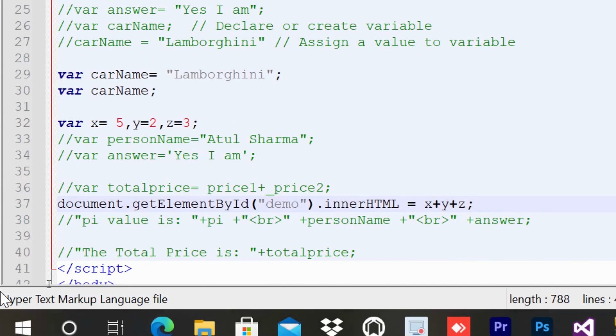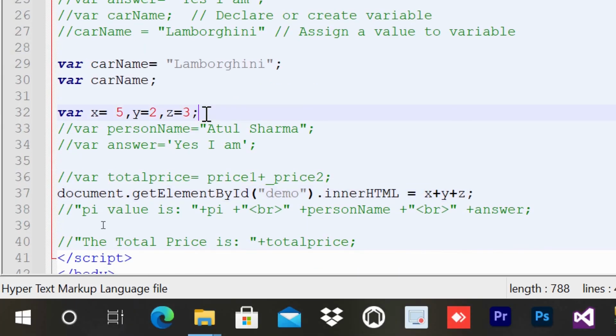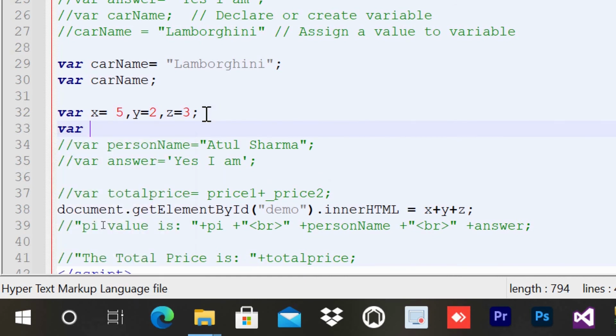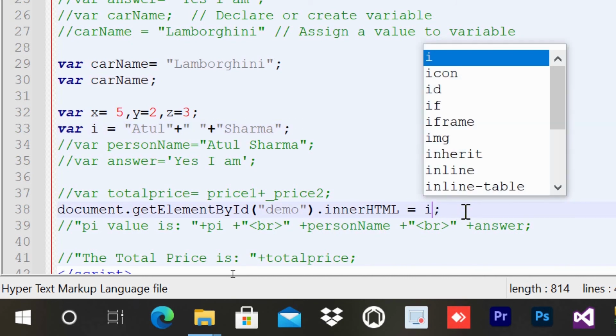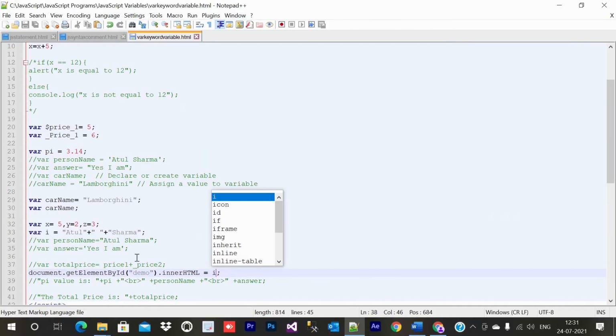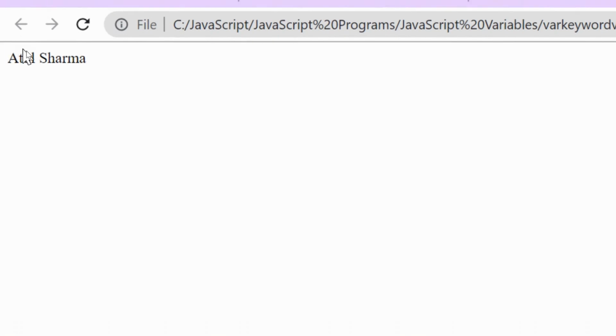If I write var i equal to Atul plus, and here an empty space between Atul and Sharma, put inside the string, and if I print i, what will happen? It will display Atul Sharma with a gap between Atul and Sharma. As you can see, we can concatenate strings also, and it will be concatenated.